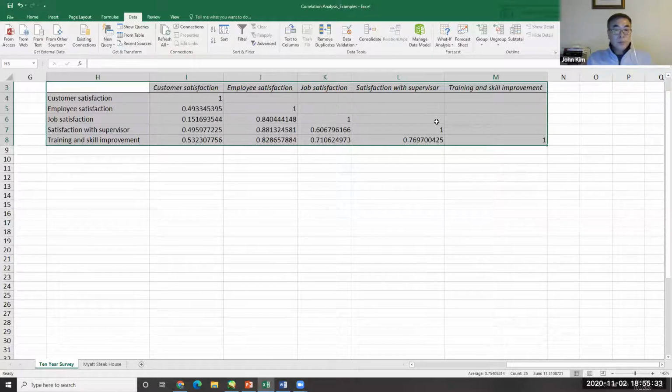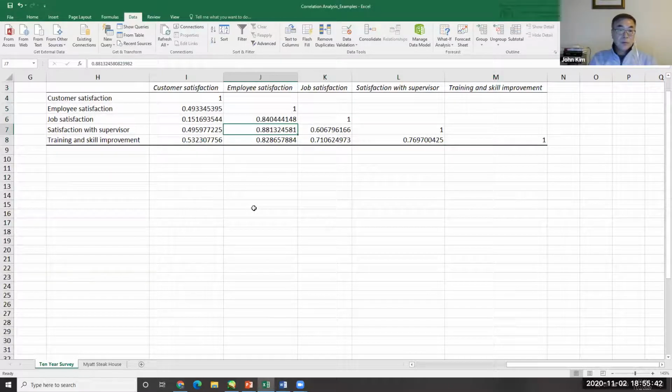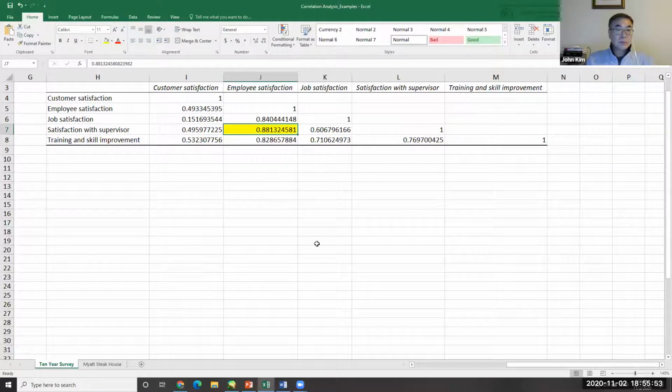Here, among them, find the highest. This is R. So the highest one is this one. So highlight. And the next highest is this one. And the next one is this one. So employee satisfaction, highly, highest